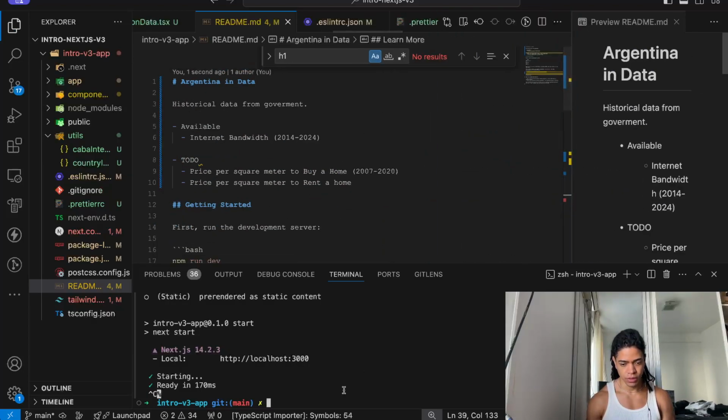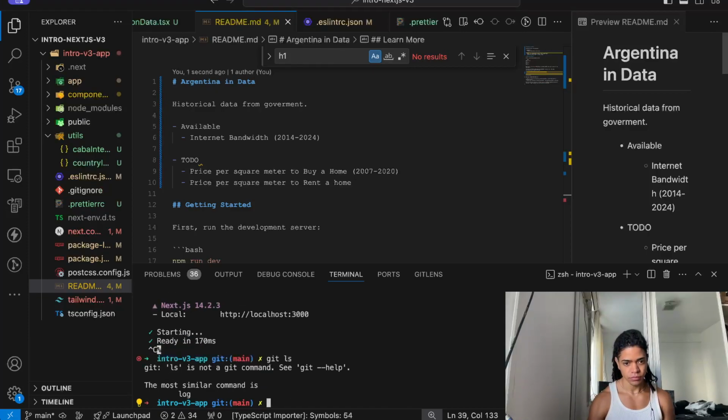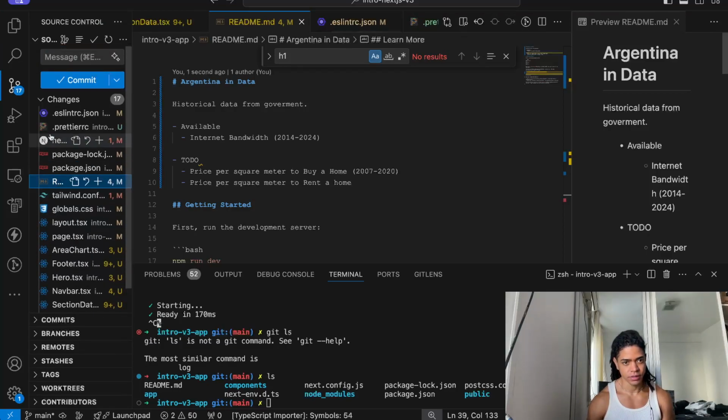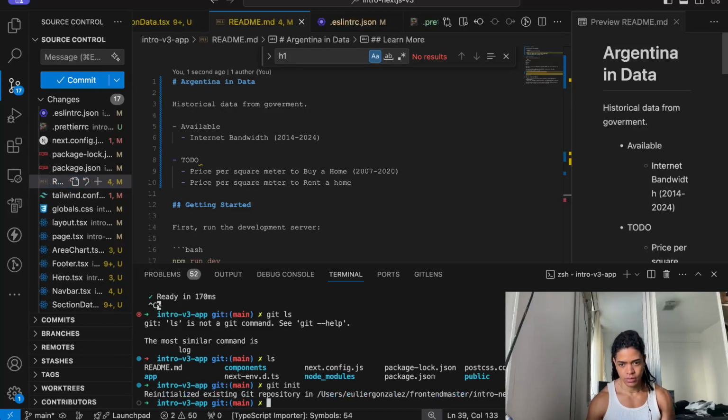So now we're deciding to add this to our repo. Exactly. So here we're going to say git init, because we didn't have any of this. Yes, git init. We're initializing this project. Okay.